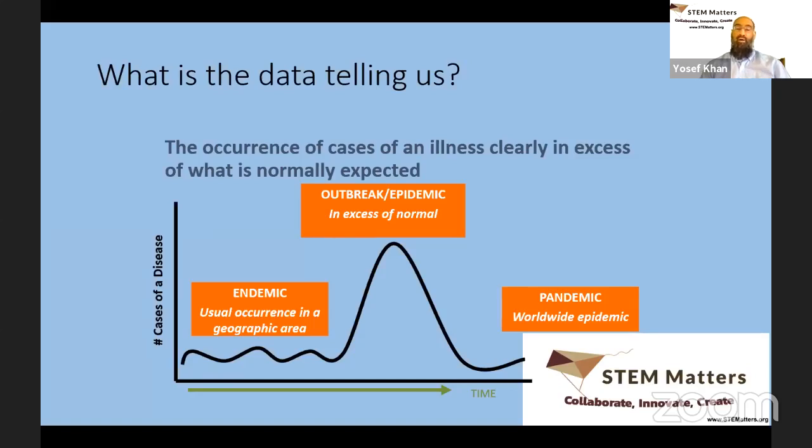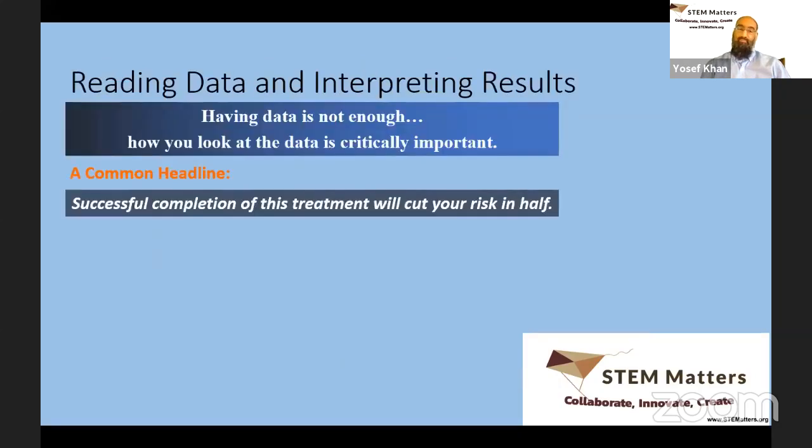An epidemic could be COVID-19. COVID-19 started as a localized epidemic within a certain geographical area, and then it spread across borders, across countries, across a continent. And once it spread worldwide, it moved from being an epidemic to a pandemic.